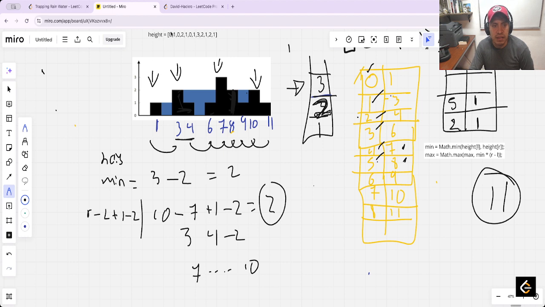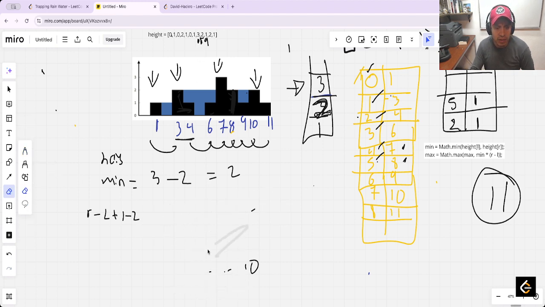That is 7: 0, 1, 2, 3, 4, 5, 6, 7. No, it's here, 2. Okay, at index 8 there are 2. At index 9 there is 1. No, I can even avoid this operation and only